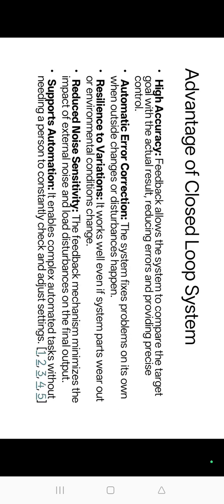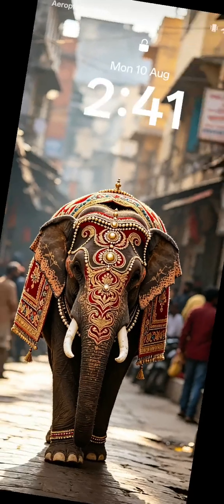Advantages of closed loop system: High accuracy. Feedback allows the system to compare the target goal with the actual result, reducing errors and providing precise control. Automatic error correction. The system fixes problems on its own when outside changes or disturbances happen. Resilience to variations. It works well even if system parts wear out or